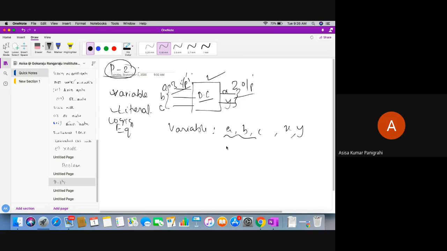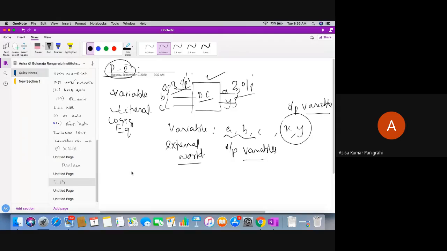So these are called input variables, and please try to understand, very important students, these are called output variables. Any doubt on this? Please let me know quickly. Your circuit connects to the external world through these variables, so you have to give particular names. So that is a variable.